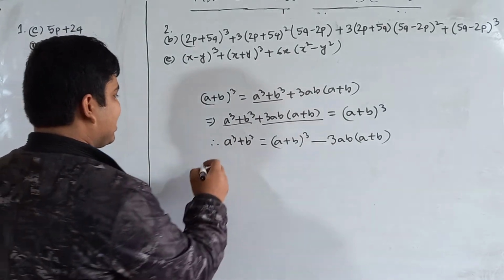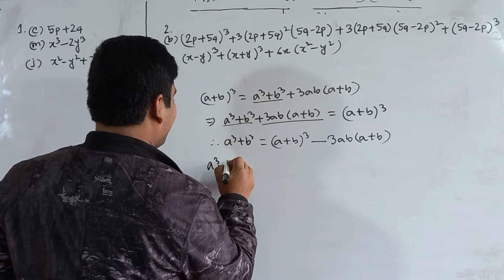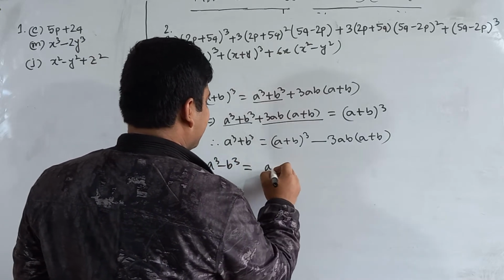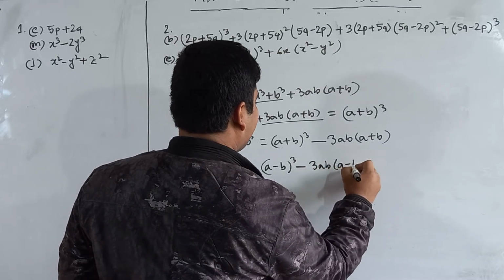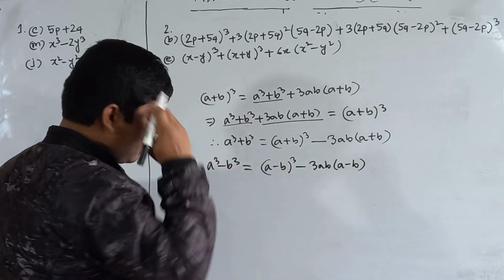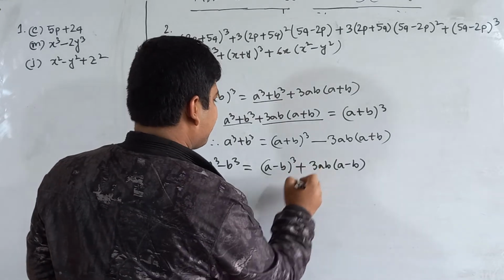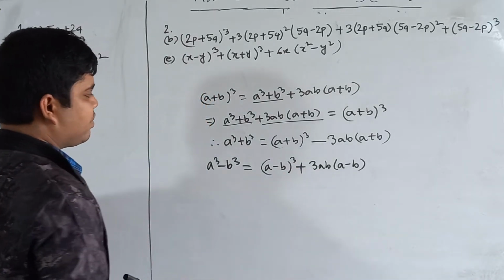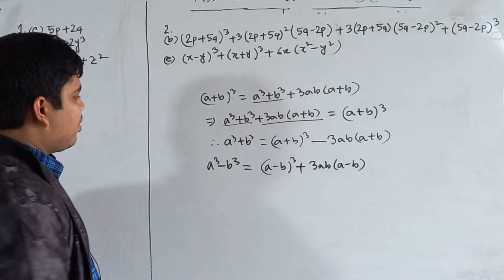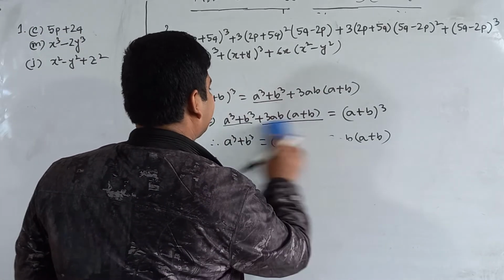Okay, in a similar way, when we want to find out a cube minus b cube, then we get a minus b whole cube minus 3ab into a minus b. Sorry, it will be plus. Okay, I hope you have understood, my dear student. Now another one,